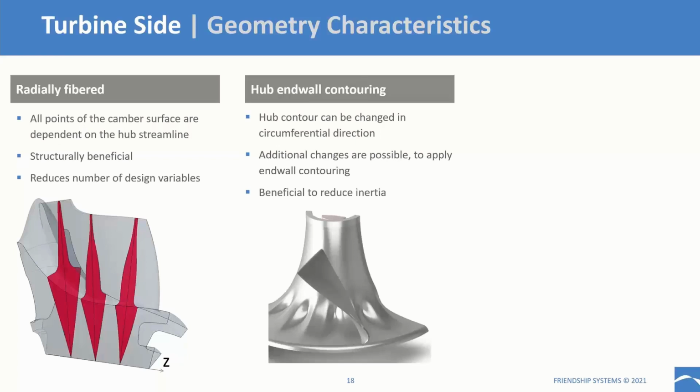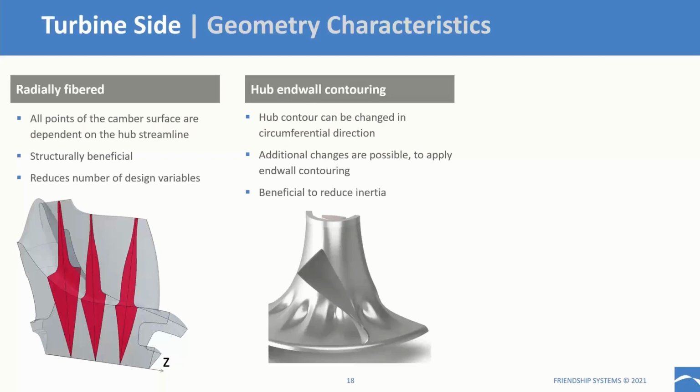There is also the possibility to add some end wall contouring to the hub, which is obtained by changing the hub contour. So if we have our meridional contour for the hub, rather than having a constant contour that is just revolved around the axis of rotation, if we change that in circumferential direction, we can get this contouring on our hub, and that can be aerodynamically beneficial to influence the flow and maybe secondary flow phenomena at the root of the